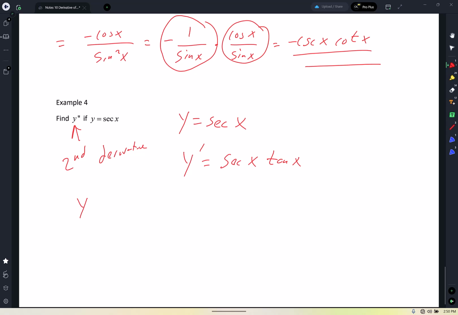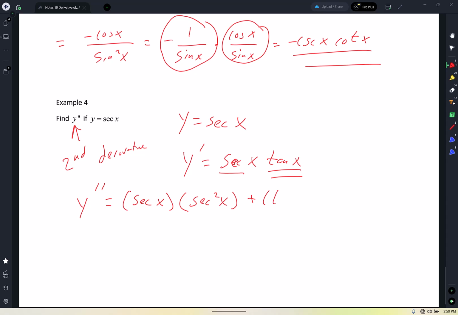Hold on, don't freak out. I'm about to do a second derivative. To do the second derivative, what rule do I need? Product rule. Guide me. Second derivative, y double prime equals the first one, secant x, times the derivative of tan. What's the derivative of tan? Secant squared x. Good job. Plus